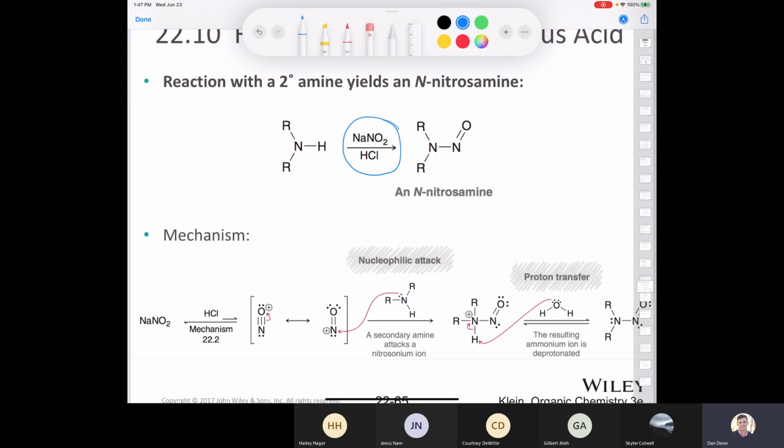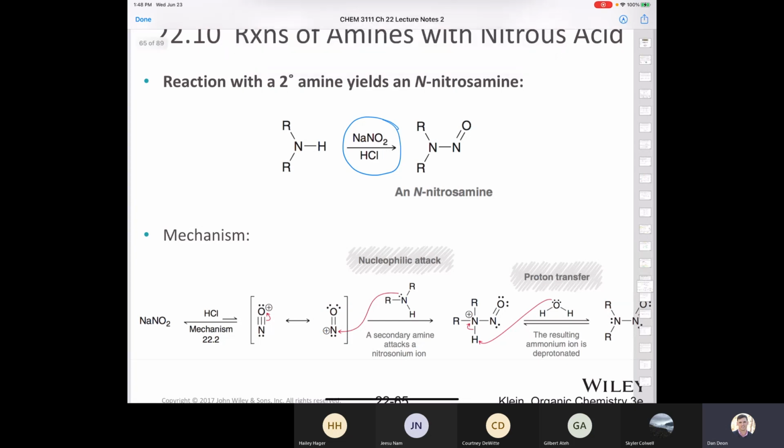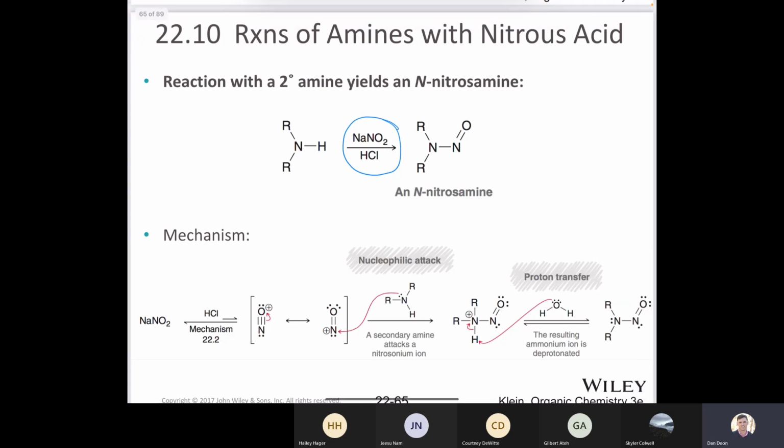That loses water to make the nitrosonium ion, which is shown right here. Well, the secondary amine can do a nucleophilic attack. Of course, it's showing the resonance contributor that contributes least to the resonance hybrid, whatever. Anyhow, we do the nucleophilic attack and a proton transfer, and we end up with this wacky new functional group that you see down here on the bottom right of your screen, and that's called a nitrosamine, or N-nitrosamine